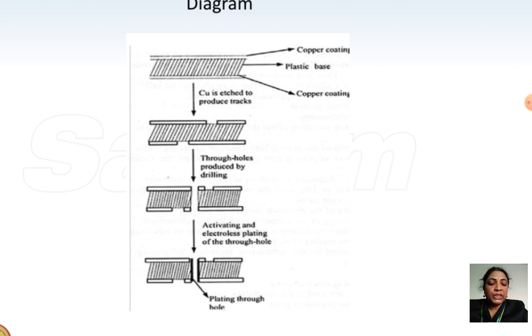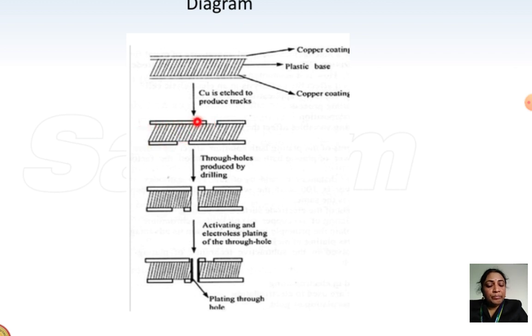Please assume this is a motherboard, made of any plastic or polymer. It should be internally connected. Imagine the motherboard present in televisions or computers. So what are we doing? The copper coating is done first, then the image, the circuit pattern, will be protected. Then we first mark from where to where it is connected.